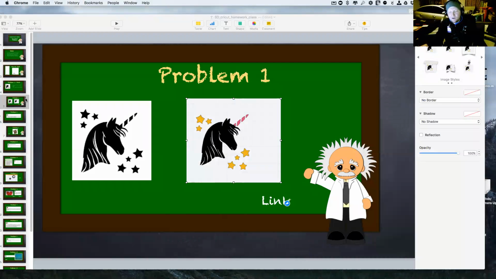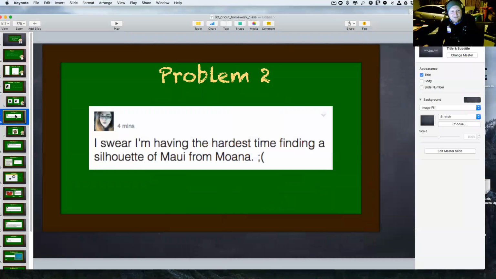So that was problem 1. All right. So how long did that take us? I don't know. 20 minutes. Good. All right. Here's this next one. Problem number 2. I swear I'm having the hardest time finding a silhouette of Maui from Moana. So anyways,